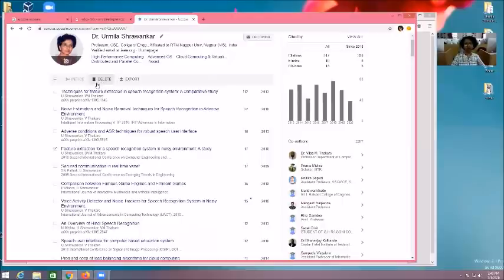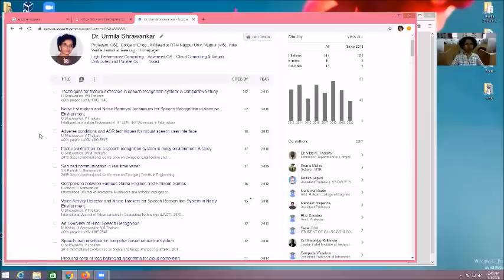Then only you will get your citations, h-index, i10-index properly. Otherwise, that calculation won't be meaningful. So this is for updating all your papers in your record. And second thing, if your papers are not with the same name or have a different name, then you can update manually after getting the complete list of papers.